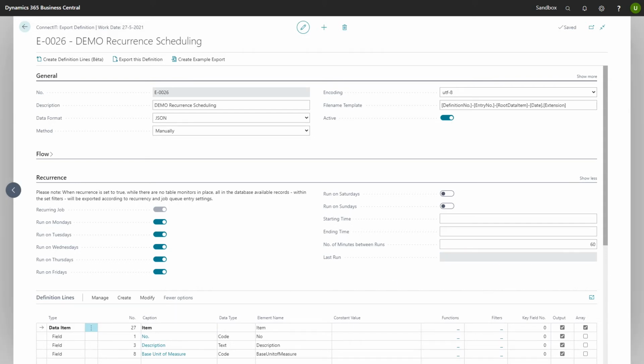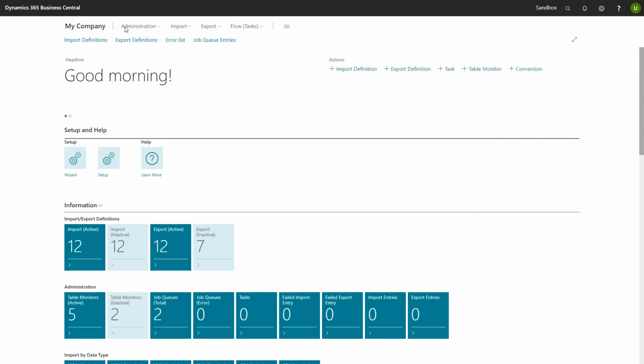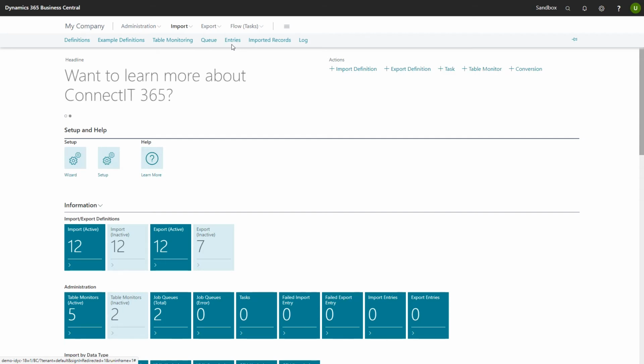These settings are the same for the import definitions. Once they've been set up and the job queues have been set to active, the behavior for the import definitions will be that there will be an import entry created through the method that is set up in the import definition, and that import entry is processed according to the definition. On the export definition side,